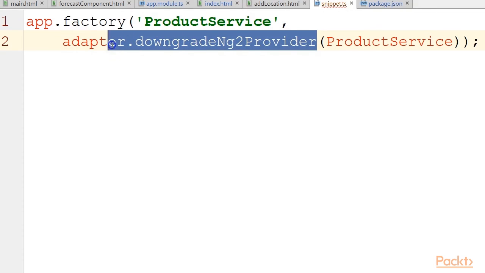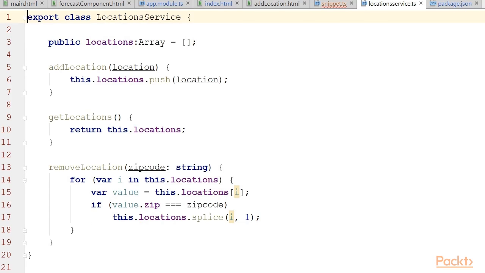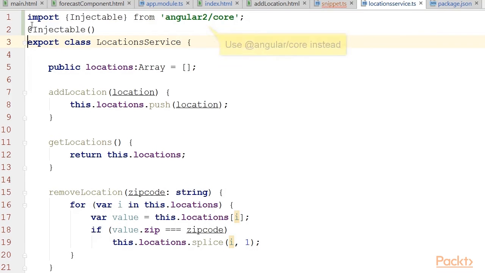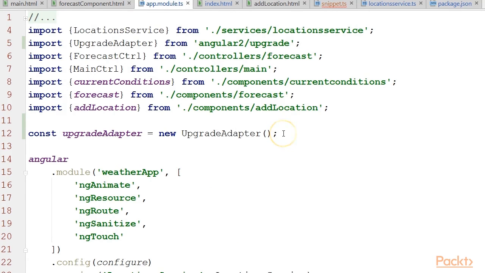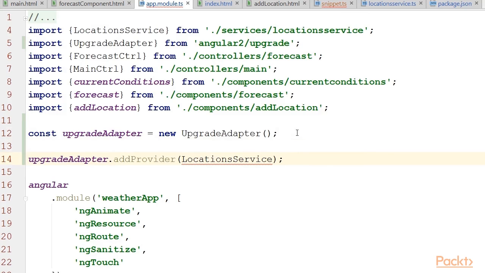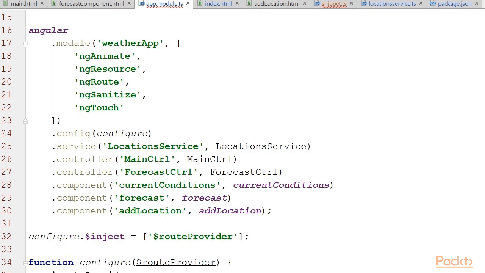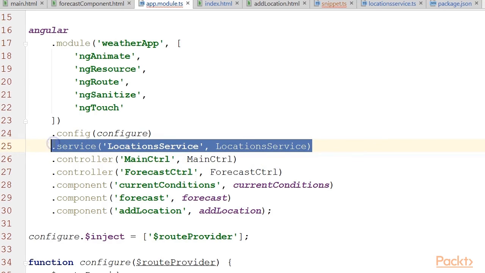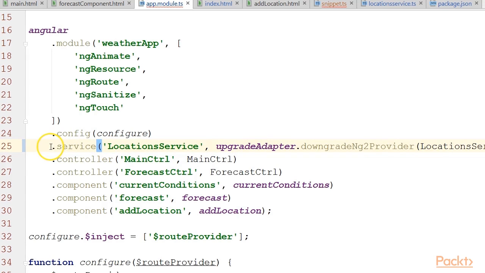services. Let's open location-service.ts. All we have to add here is import Injectable from Angular 2 core to import the Injectable annotation and then add the annotation to that class. And that's it. Then we go back to app.module.ts, where we prepare our UpgradeAdapter by adding our service to it. Finally, we change the service declaration in our Angular app to the following. That way, our Angular 1x app will use a downgraded version of our brand new Angular 2 service. That's only temporary, and we will remove that code once our entire codebase is ready to run entirely with Angular